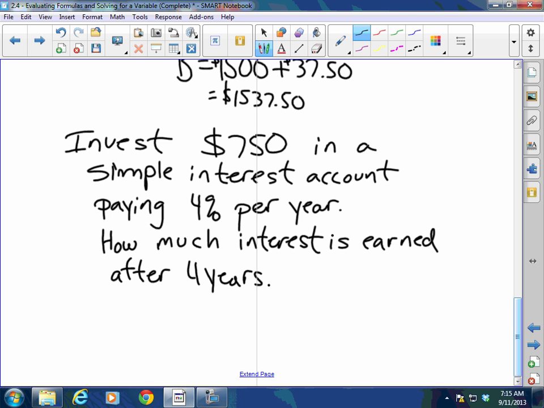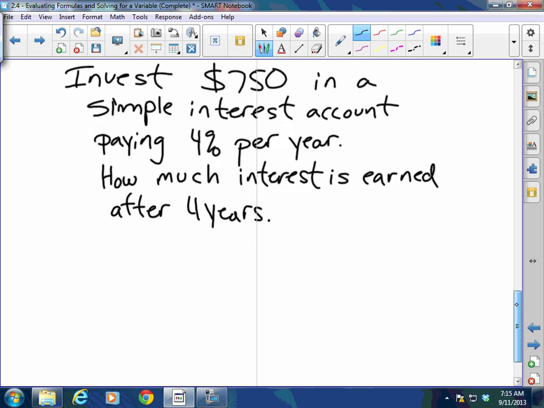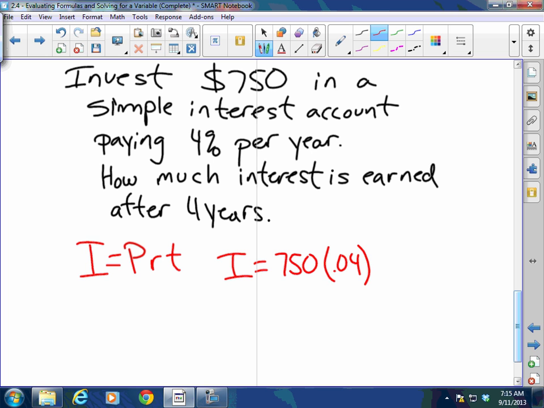All right. Less confusion on this one. Hopefully this will make it very easy now. Sorry about that first one. There's a lot of confusion there. Okay. So I have, remember, I equals PRT. I'm looking for I. So my total interest earned is going to equal my P principal, which is $750. That's what I started with, times my interest rate of 0.04, that's 4%, turn into a decimal, for T years, which is 4 years. So when I go ahead and do that math, 750 times 0.04 times 4 will equal